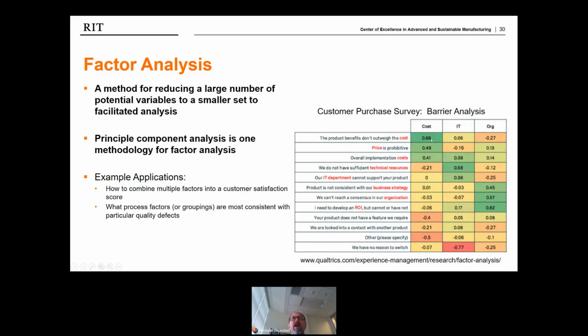And they decided with cost here, with this group, the cluster of high factors were all cost related. With this group, the high rated factors were IT related. With this group, organizational issue related. So that's kind of the expert overlay on top of the data that came out of it. But it also shows how the cost sensitive group is potentially negatively influenced by other factors, like features, for example.